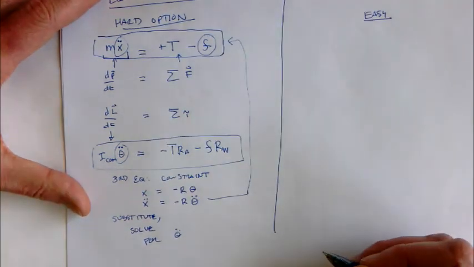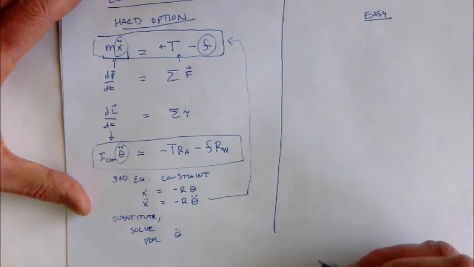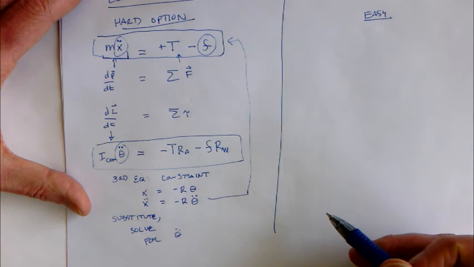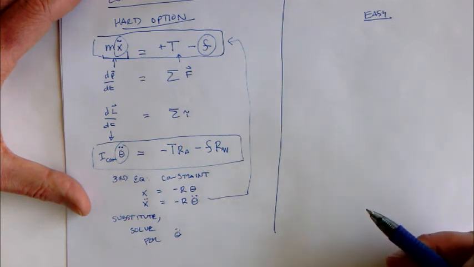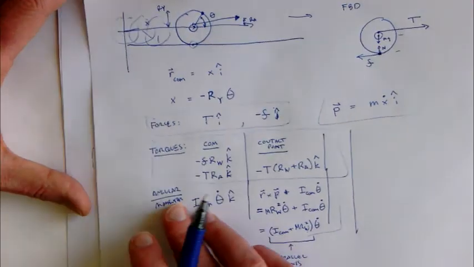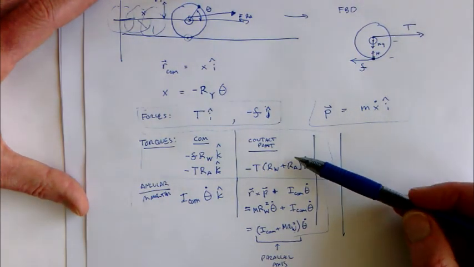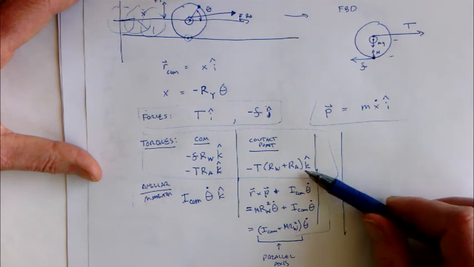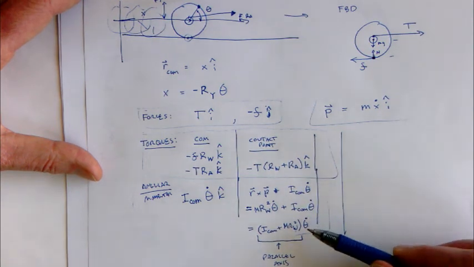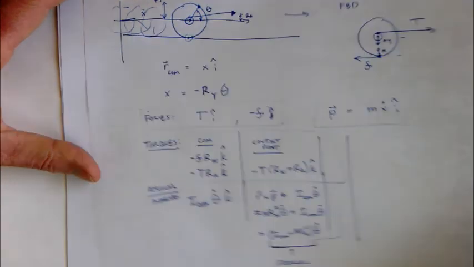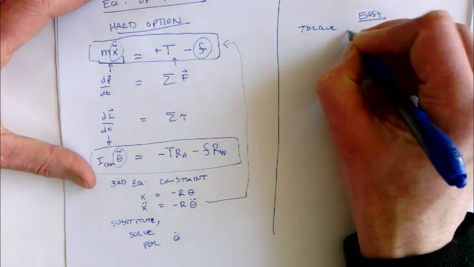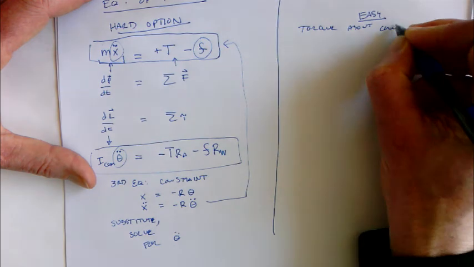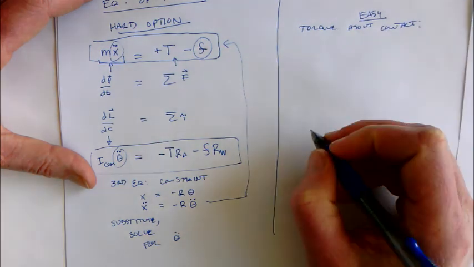Now, the easy option is the one that says, let's choose an intelligent origin for calculating our torques, in particular an origin that eliminates friction from the picture. And so if you remember when we calculated the torques about the contact point, our torque didn't have friction in it, right? And our angular momentum didn't have friction in it. So if we take it about the contact point,